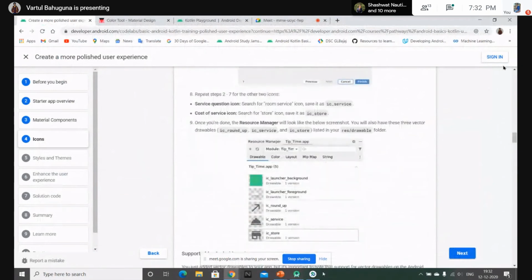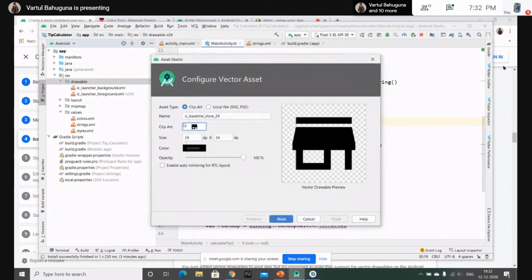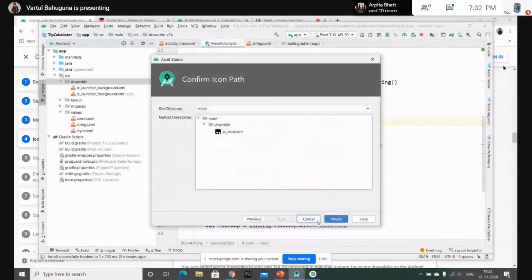That's a store icon. In the search option, just type store, and here's the store. Press OK, change the name to ic_store. Next, that's the hierarchy, and then finish.